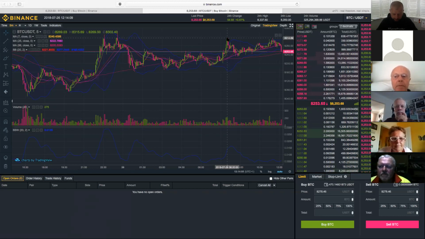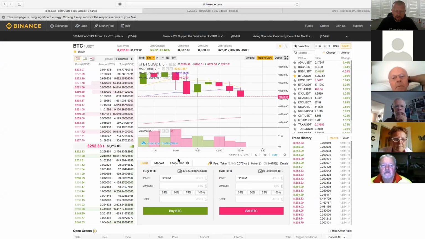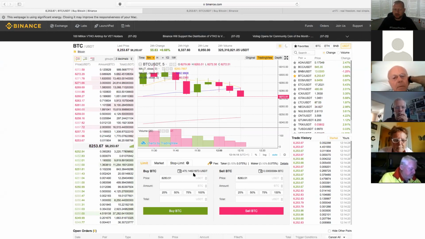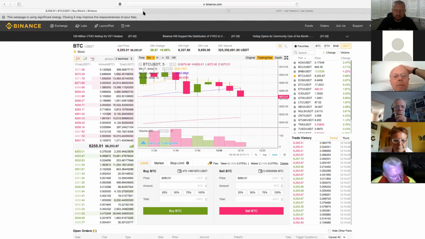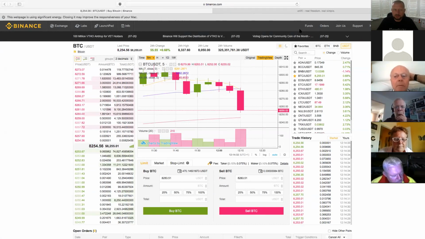Right. So what we're going to do is make sure that in the event that Bitcoin does switch direction, we can catch the value of Bitcoin going up. And that's the whole point of a stop limit. So we're currently in a sell position. So we've sold our Bitcoin and we've converted it into US dollars. So if the price of Bitcoin does go up in value,